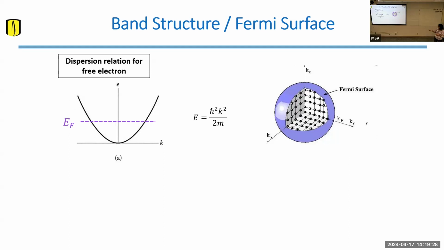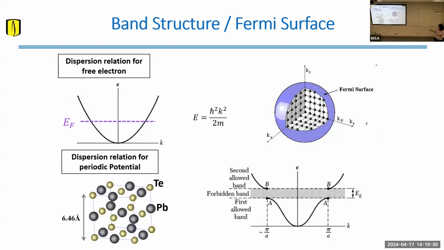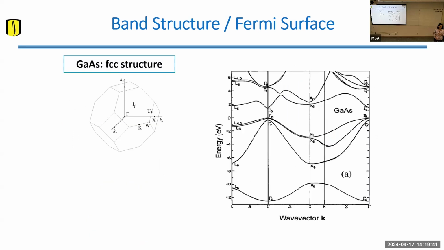So let's start with something basic. If you have a metal, you have a Fermi energy, so you have a Fermi surface, which is a circle. Then once you have a periodic arrangement, you open gaps and your bands become really complicated. You don't have circles anymore. So this is an example for gallium, FCC structure. You have a Fermi energy here, which creates a set of pockets right at the gamma point and right here at the L point.